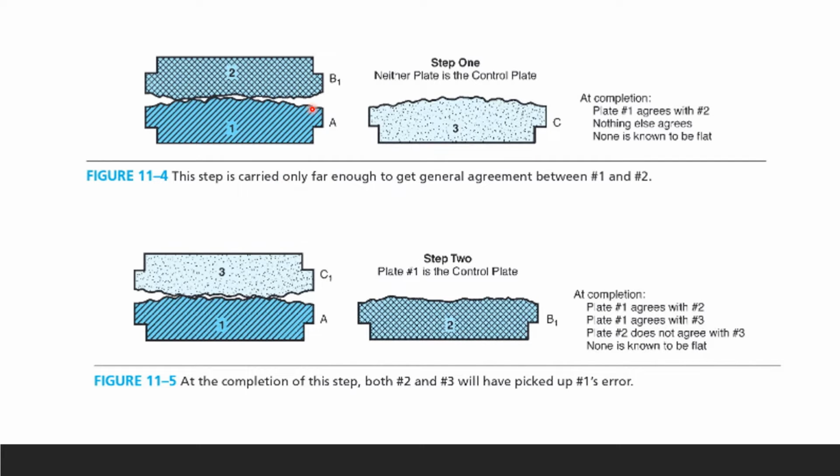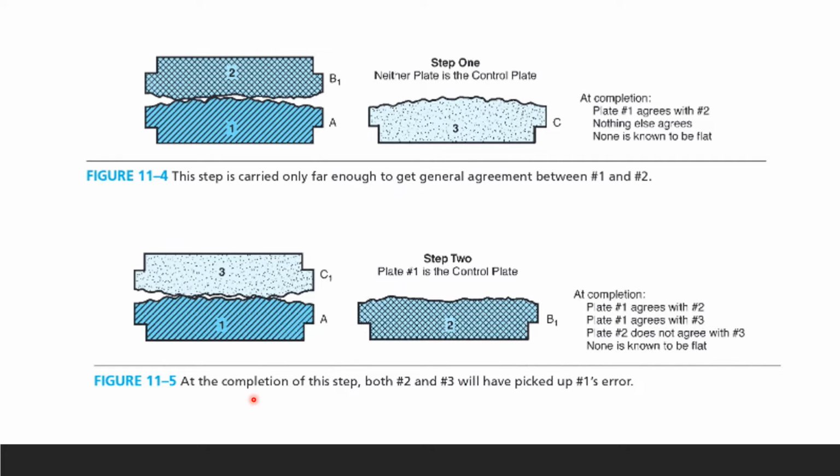The second step, so that's your first step in the method. So this step is nothing but using 2 plates out of 3 to see if they agree. This is an exaggerated picture, so you can see the surfaces are not very good, because they're not flat. So therefore the agreement is not perfect. So that's what we're doing here. And then step 2,